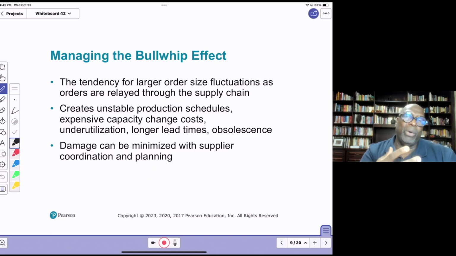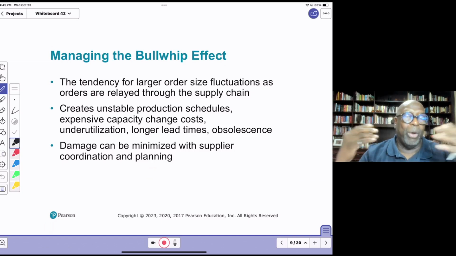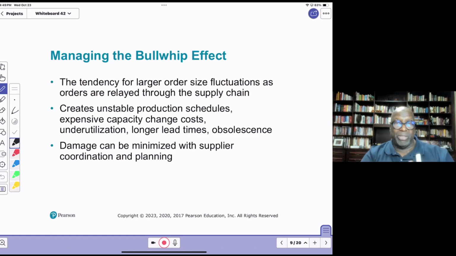Well, if you now look at that and treat it as if it's actual, you will place your orders based on that amount. So all of a sudden, your distributor says, oh my God, the retailer has just ordered a huge amount. So now they're changing their calculations, saying, whoa, things must be pretty good at the retailer, and we need to up our ante and increase our orders from the manufacturer. The manufacturer now sees a bigger order coming from the distribution center, says, whoa, look at that, I'm going to have to increase my manufacturing output. So as you can see, it starts to spiral back,